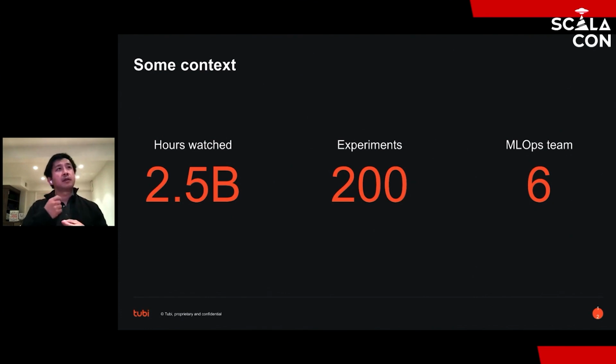So there's a need to iterate quickly and we can't spend a lot of heavy effort to coordinate across teams to make that happen. And then the third stat here is, we have a fairly small machine learning operations team, about 6 engineers managing the production system across all of our experimentation and ML services, right? So it also means that we need systems that can allow our ML team to run fairly independently and that need to be run reliably.